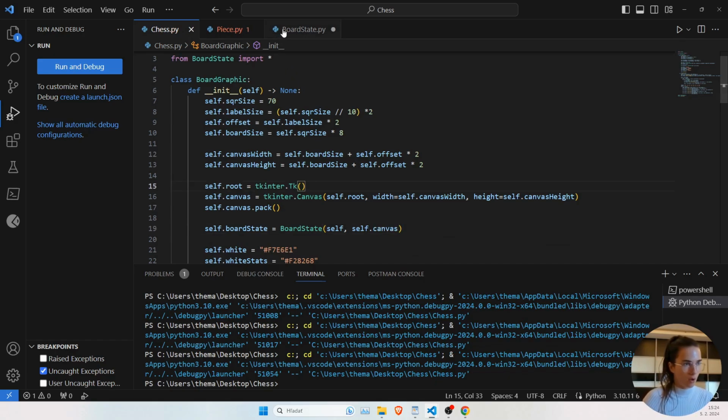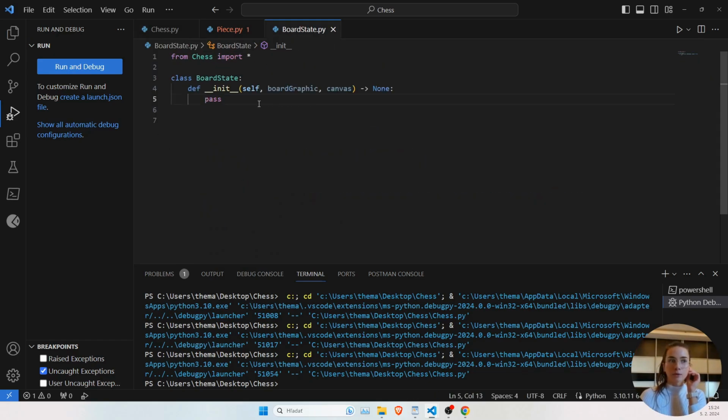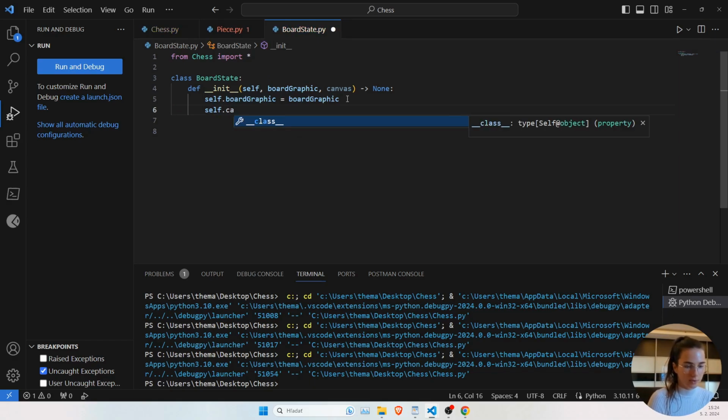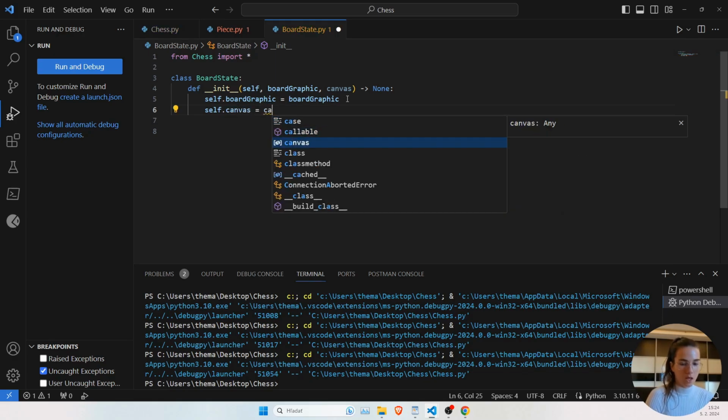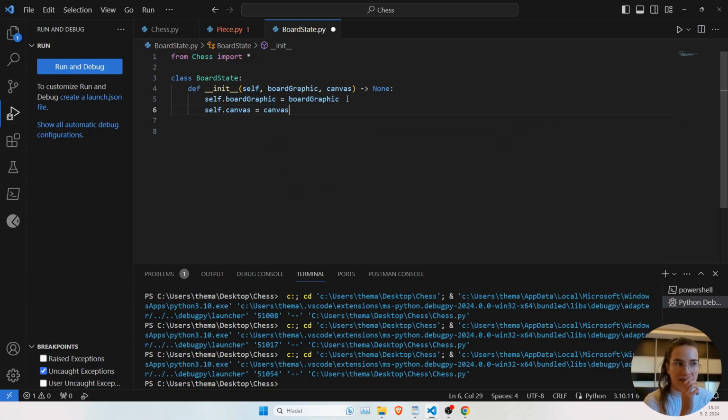Now we can work with all those things which are included in the board graphics. Now let's go further. So we need self board graphic, and my self board graphic will be of course nothing else than this, and our self canvas will be equal to canvas. And now